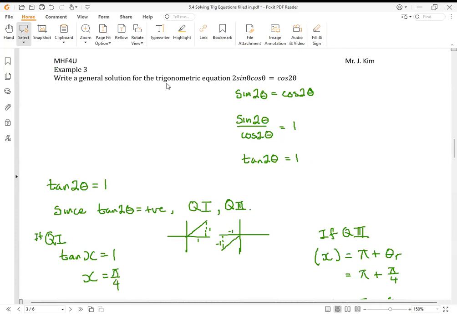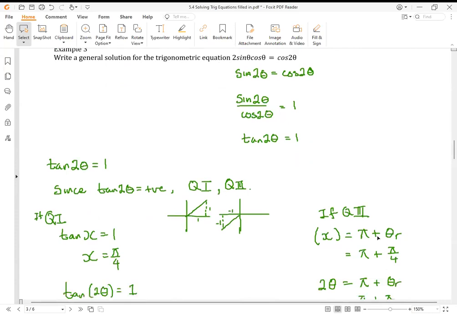Example 3, this was a general solution where you had to talk about all possibilities from 0 degrees all the way to infinity rotations, okay? This was a case where I sort of cheated and said you can divide by a cosine 2 theta. I will address how you can deal with dividing by a trig ratio. Since this is not an identity, we just got to watch out for restrictions, that's all. And you'll see what I mean when I introduce some of the harder